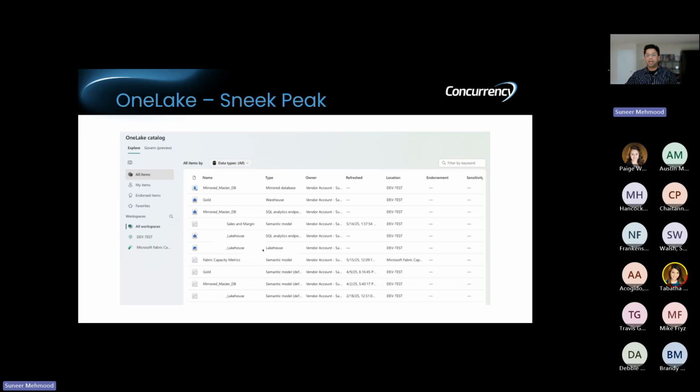For example, Lake House, as you see over here, is something where you can store the data. You want to store structured data which has fixed columns, and you exactly know what is there in every column, like in a spreadsheet, you can store that in a lake house.